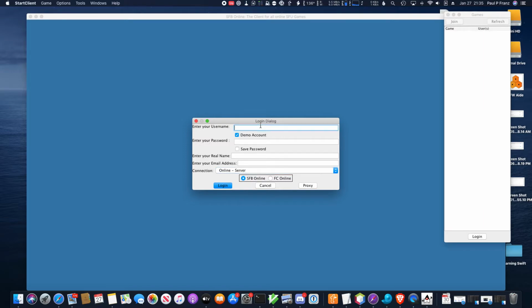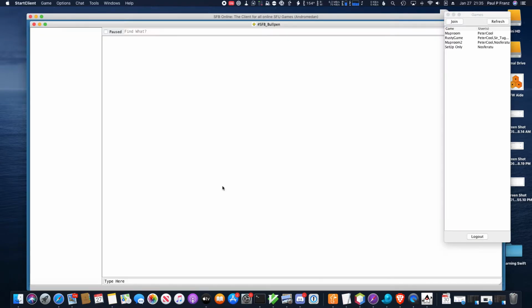So let's just do this. Let's log in as me. I'm not a demo account, so let's do that. Type in my name, my email address. Okay. And we'll log into the server, and this will be allowing a login. So at this point,